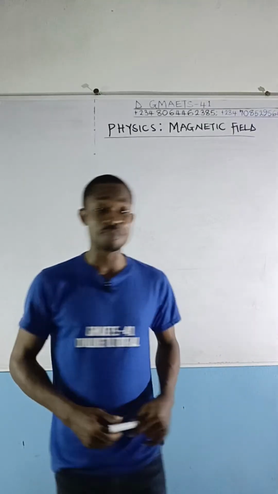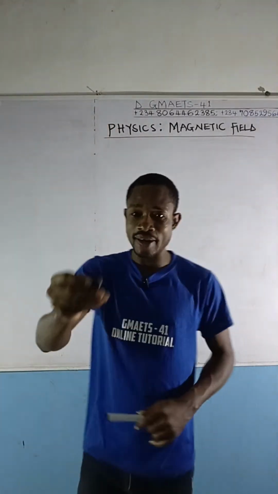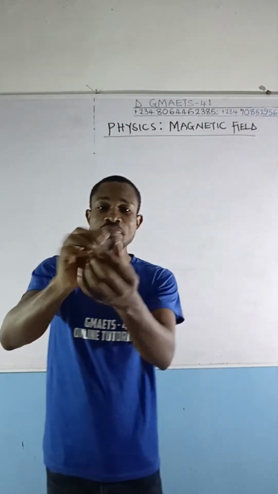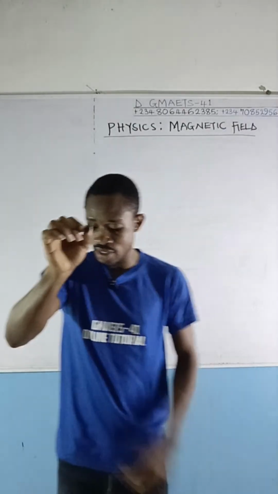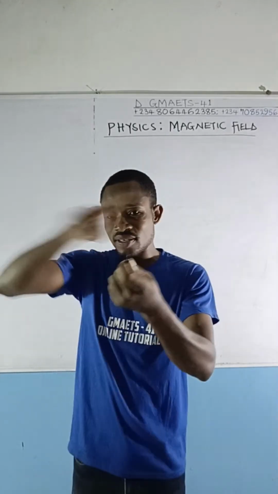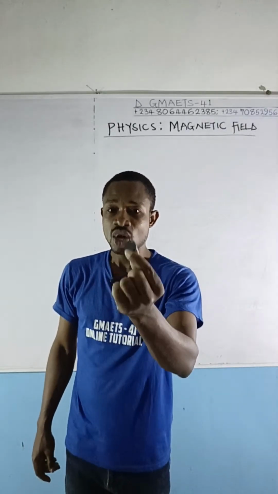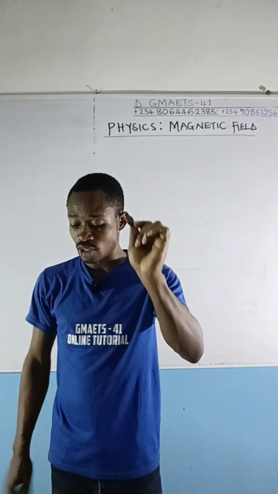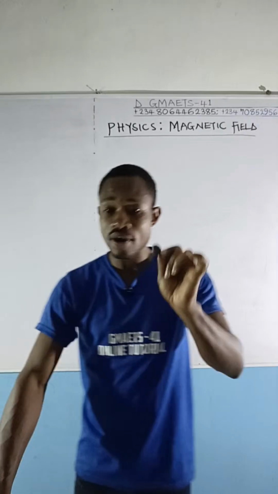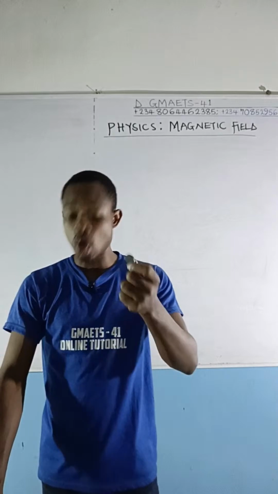I'm going to show you something, okay? Here I've got my magnet. This is a magnet. Is that okay? Now this magnet, as I'm holding it like this, it has created a region. It has created a space around it where the effect of this magnet can be felt, where the force of this magnet can be experienced. So the region around this magnet where the magnetic force is experienced is what we call magnetic